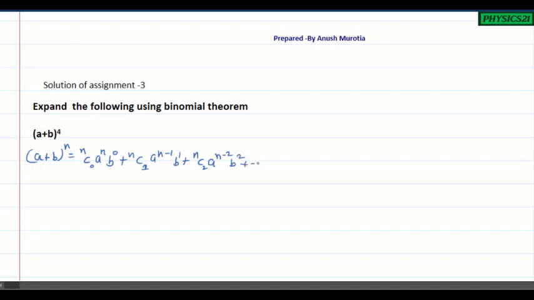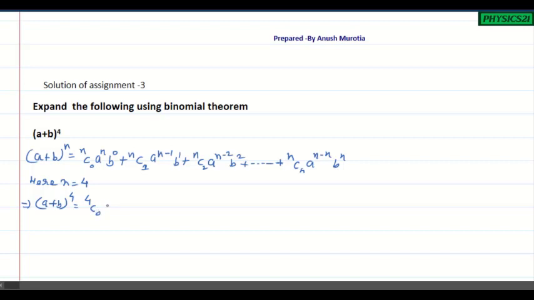In the same order, the last term will be written as nCn a^(n-n) b^n. Here the value of n is equal to 4. Just substitute 4 in place of n. So in the next step, (a + b)^4 is written as